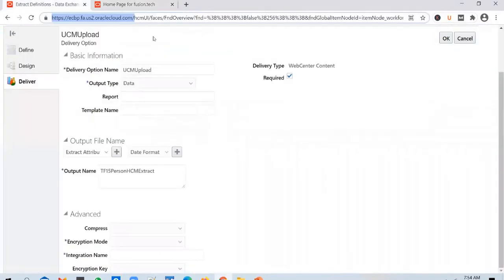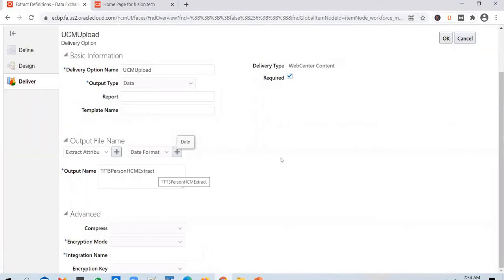Okay, since we are using this HCM extract to exchange the information in the form of files, XML output will be generated. It will not generate any PDF or Excel output, and it is not required as well. This is not something that a user will want to run and view. It is not a report. It is an extract. So the file gets generated in XML format. So you have to use an extension of .xml.